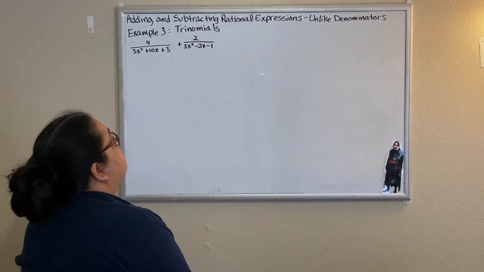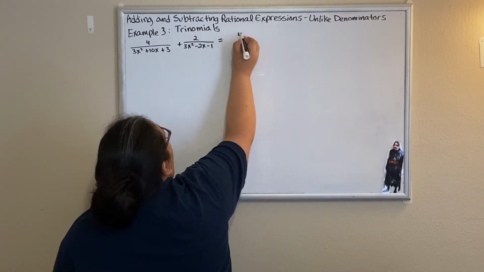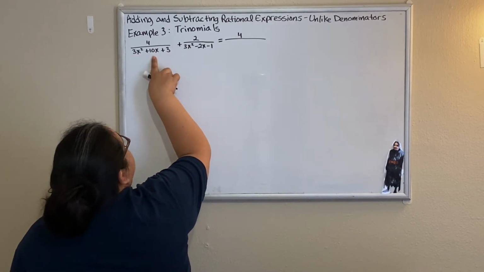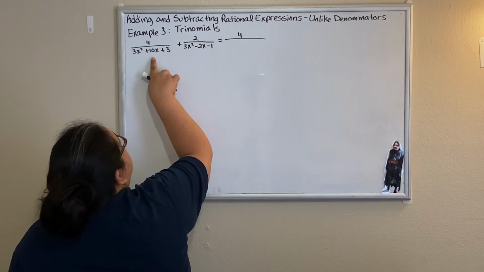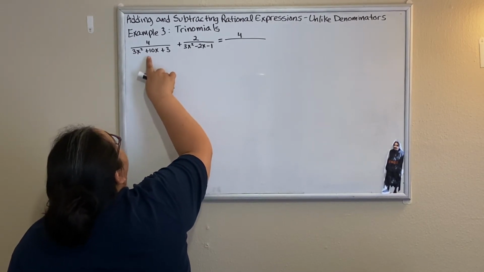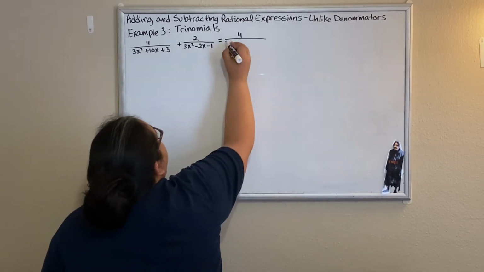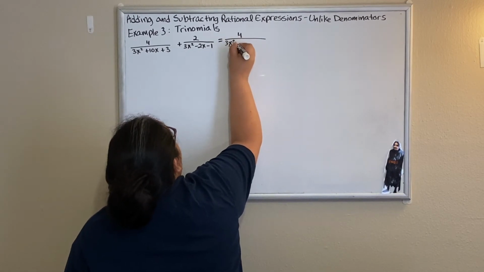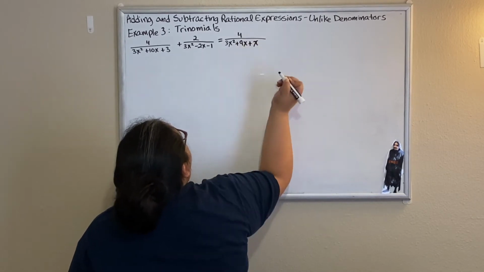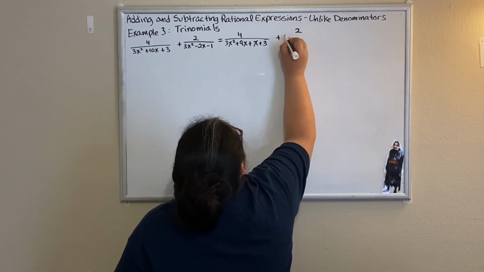So in the next step, I'm going to rewrite this. I'm going to have 4 over. Now the numbers that multiply to give me 9 but add to give me 10 are 9 and 1. 9 times 1 is going to be 9, and 9 plus 1 is going to be 10. So we need to separate 10 into 9x and 1x. So we're going to say 3x squared plus 9x plus 1x, that's just a singular x, plus 3, plus 2